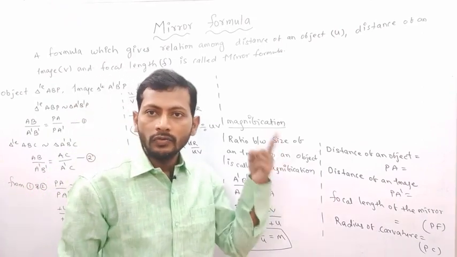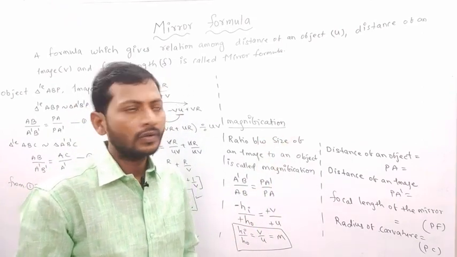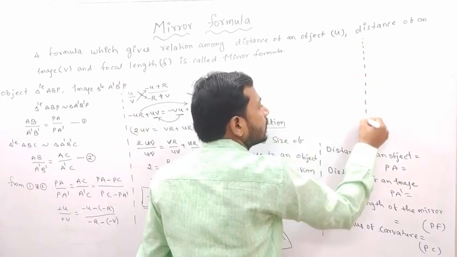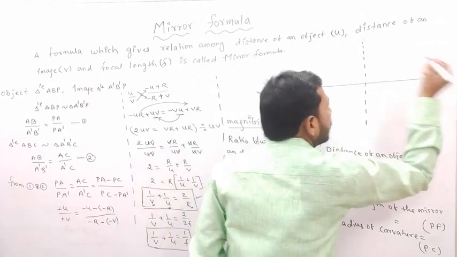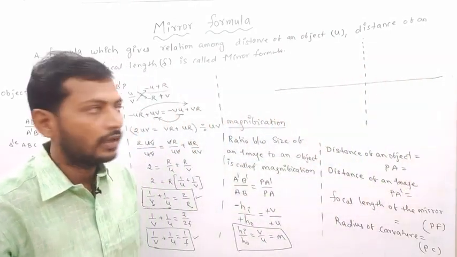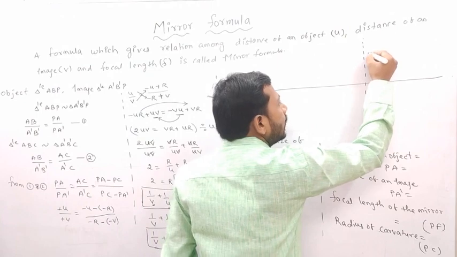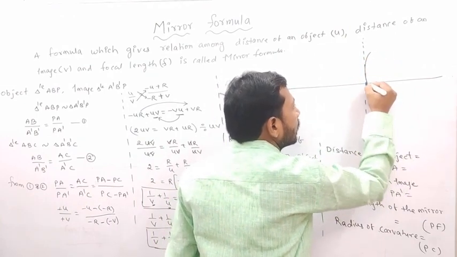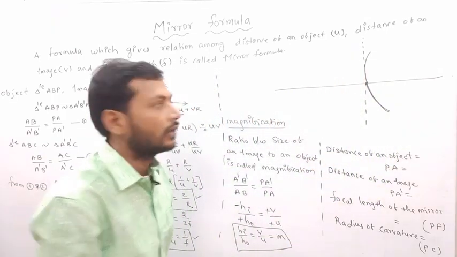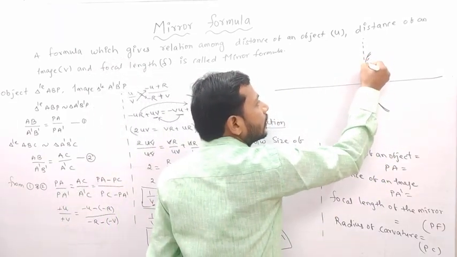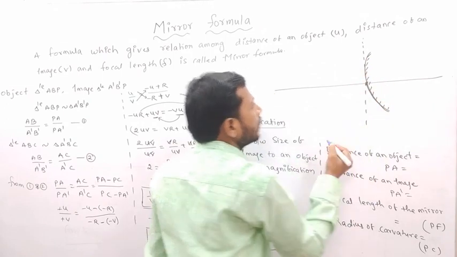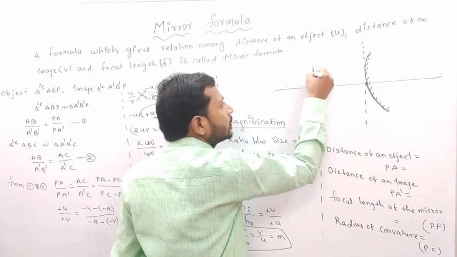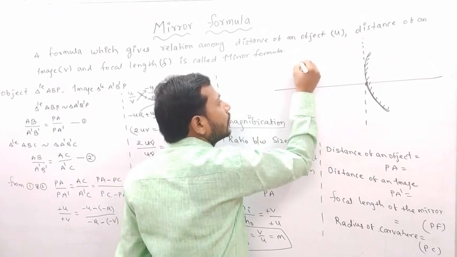Okay, now I have to draw the diagram for the convex mirror. So now I am going to take this imaginary y-axis, and this x-axis or principal axis, you know very well. I told you, you should take the mirror like this, children. The pole should be where? At the origin. Then which side is coloured? Inside is coloured, children. Then the object can be anywhere. I have taken this object AB.